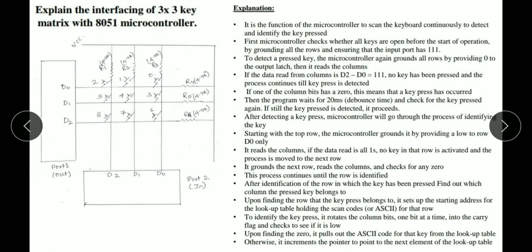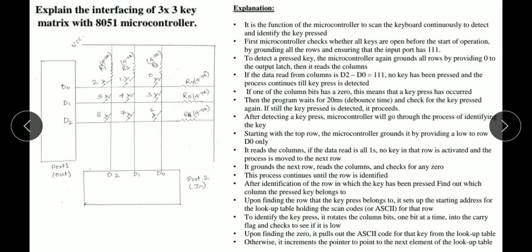It grounds the next row, reads the columns and checks for any 0. This process continues until the row is identified. After identification of the row in which the key has been pressed, it finds out which column the pressed key belongs to. Upon finding the row that the key press belongs to, it sets up the starting address of the lookup table holding the scan codes, that is nothing but the ASCII codes, for that row.